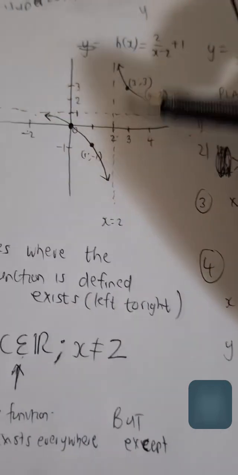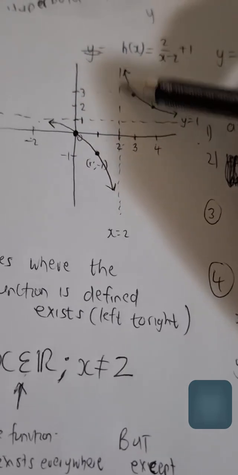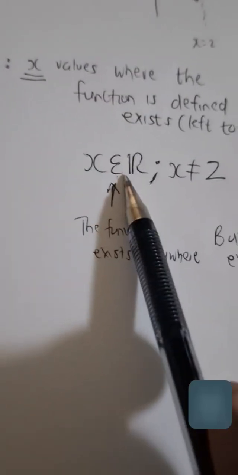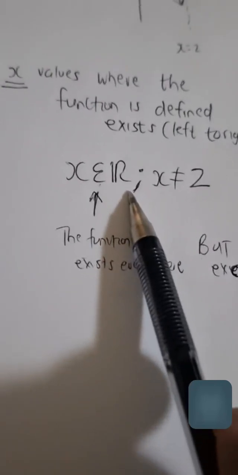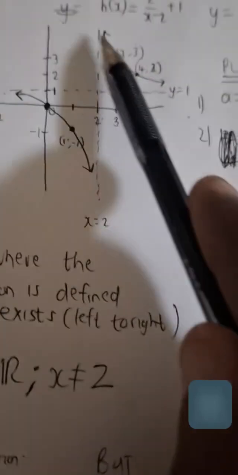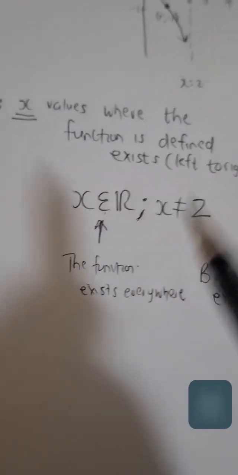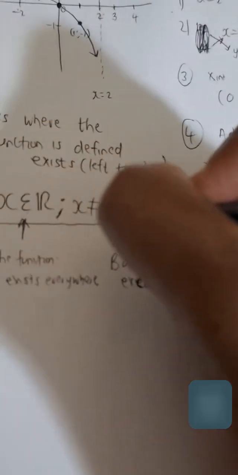So we say here on this vertical asymptote, the function does not exist. Therefore, according to the domain, where does the function actually exist? The function exists everywhere. What does that mean? X is an element of real numbers. But what is the exception? X cannot be the equation of the vertical asymptote. X cannot be positive 2. So this is the manner in which we write the domain,